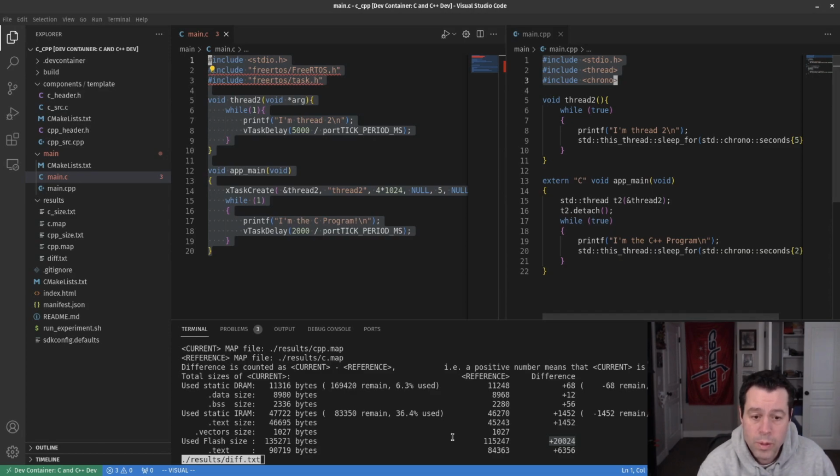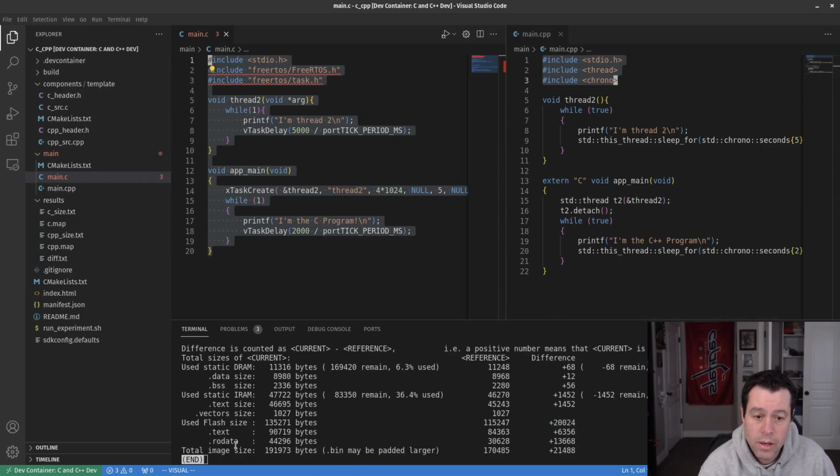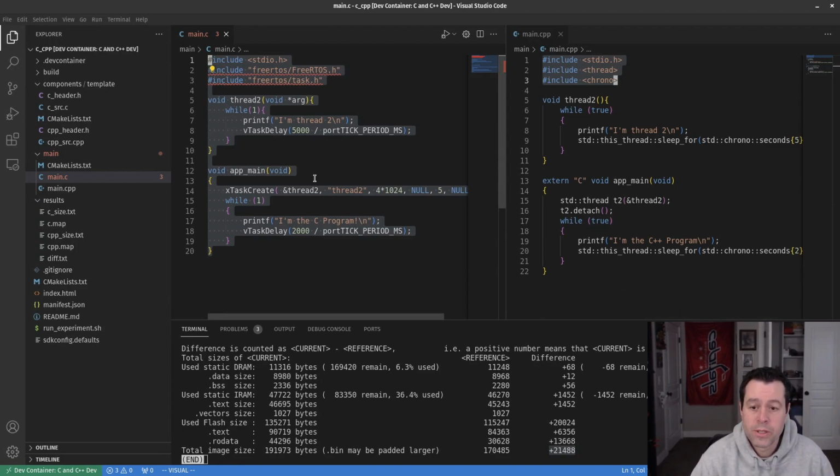And then when we come down here, RO data, so the total image size is that much bigger. So let's just do that one. Divided by 1024 is 20.98. We'll call it 21K. 21K larger. So between these two, total flash size difference, we're looking at 21K bigger in the C++